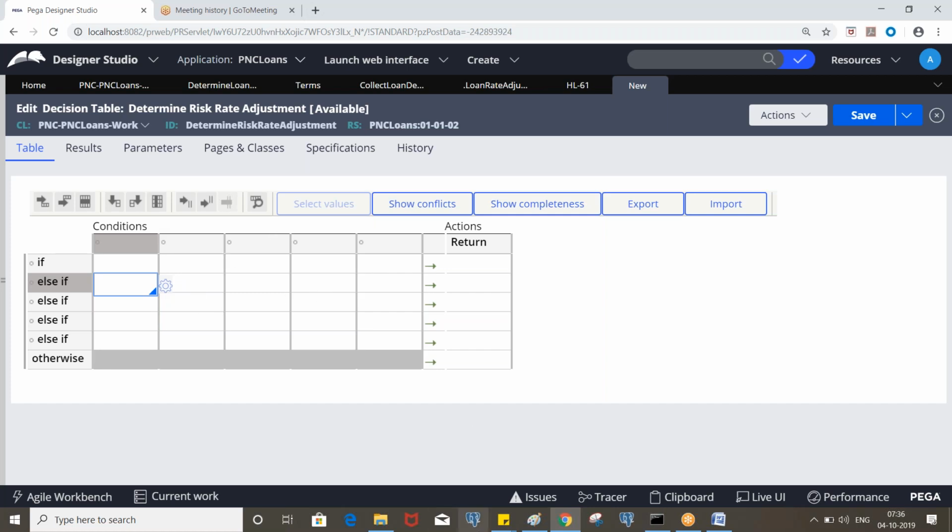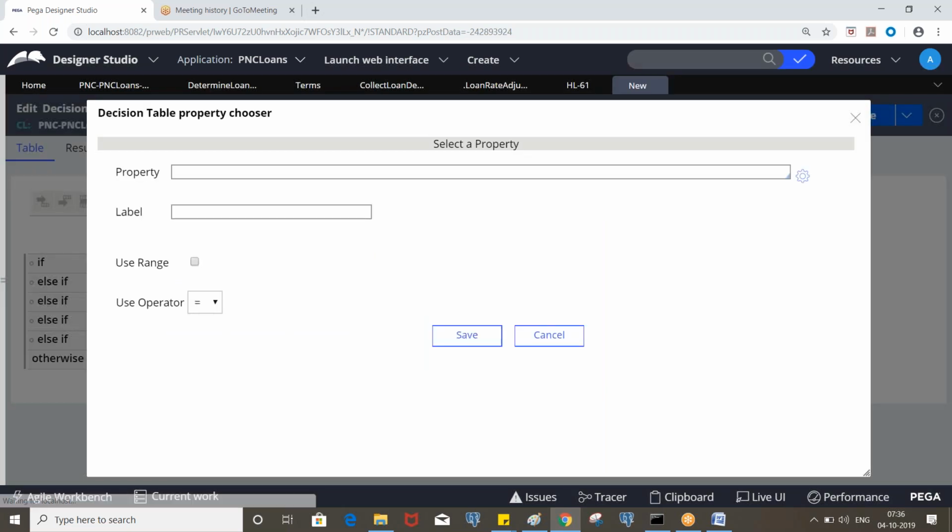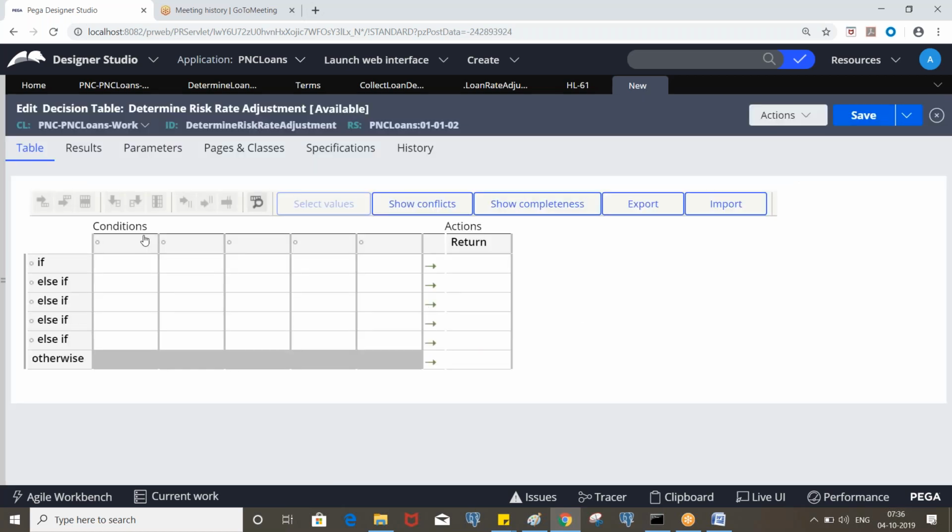You need 5 columns, and this is the return value. Double click on this and specify the property. Here you specify the properties, and inside the box you specify the condition: if this property value is this, it will return this value.